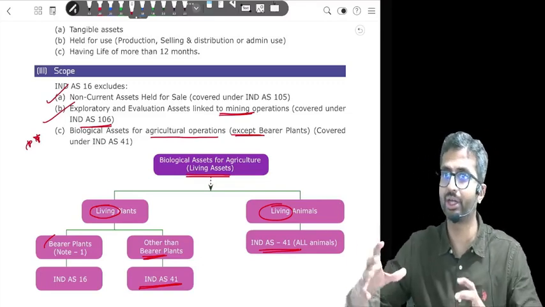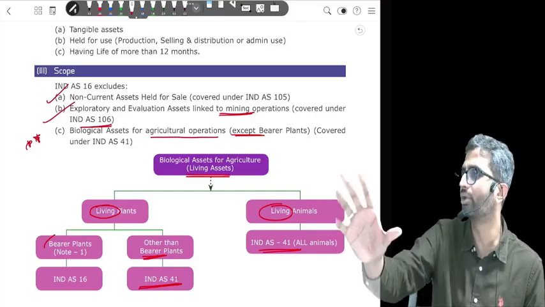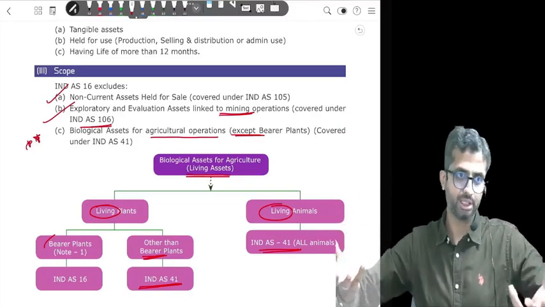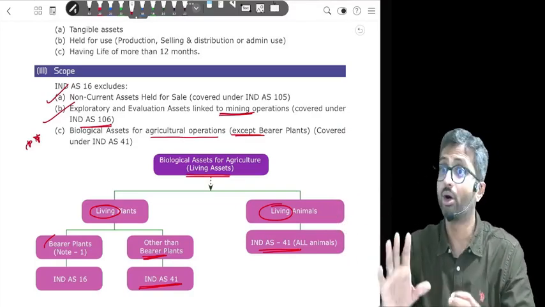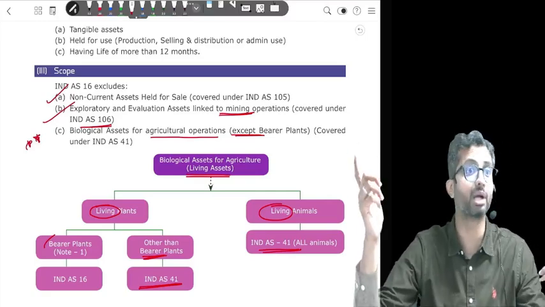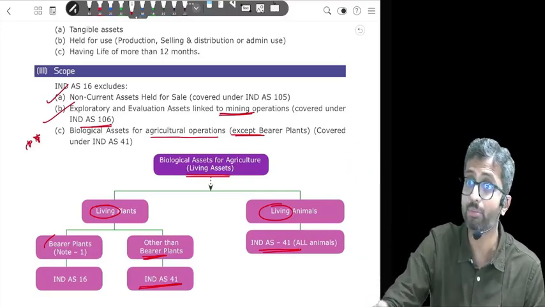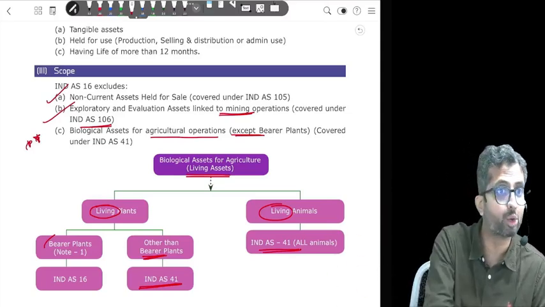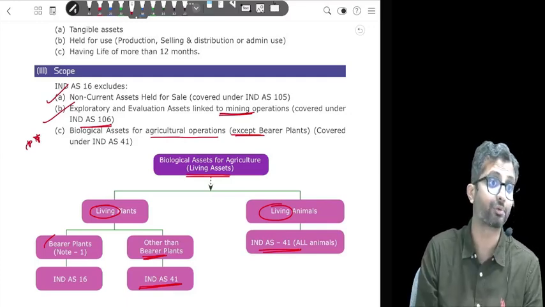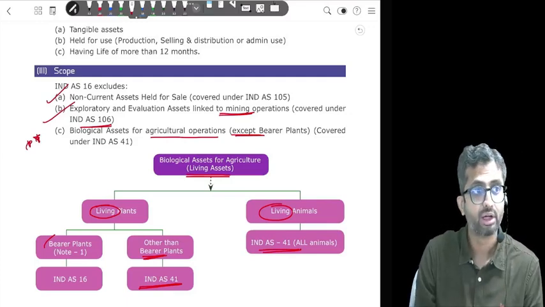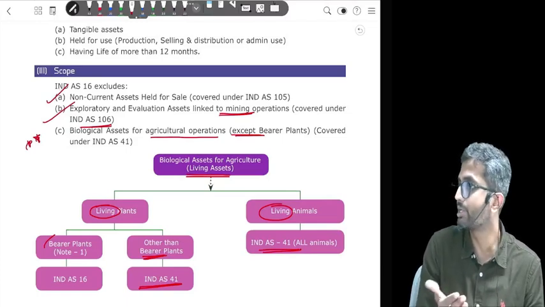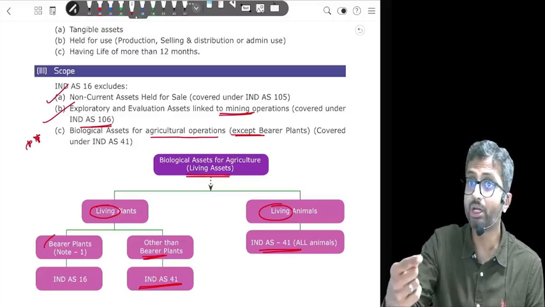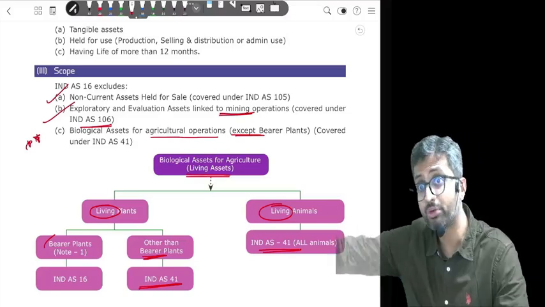So Jio, let us say, spend hypothetically 10,000 crores behind telecom towers. Is that a cost to construct the towers? Yes. Will that be a part of the cost? Yes. The towers are now ready for use. They roll out SIM cards. They give you SIM cards free of cost. They give you, let us say, data connection free of cost. They incur losses for 2 years. Will those losses be capitalized along with the cost? Will they be capitalized? Okay, an argument can be that these losses will give me future economic benefits.